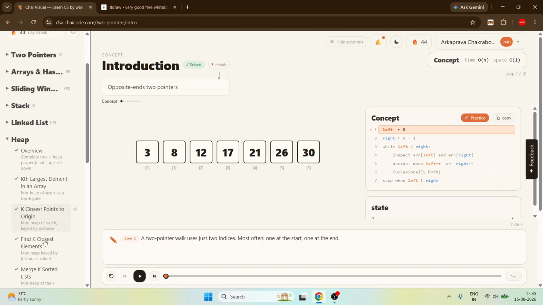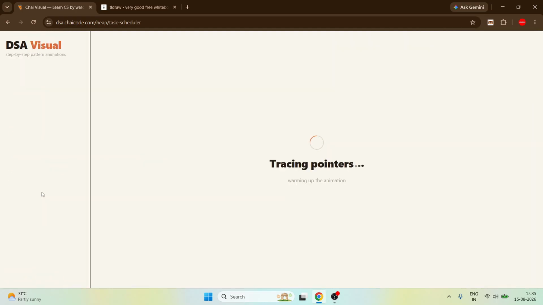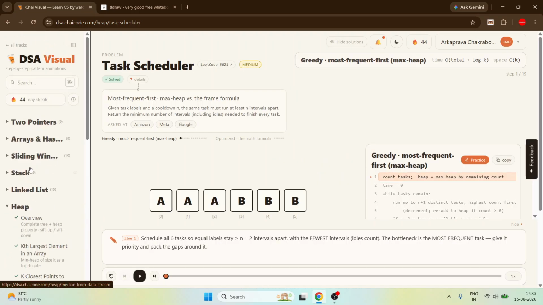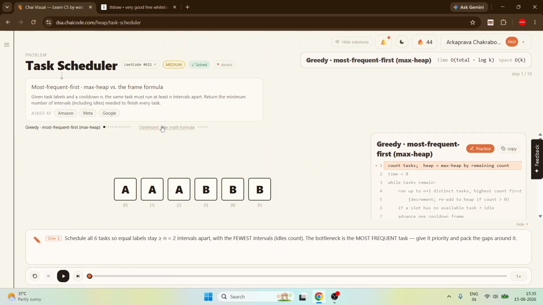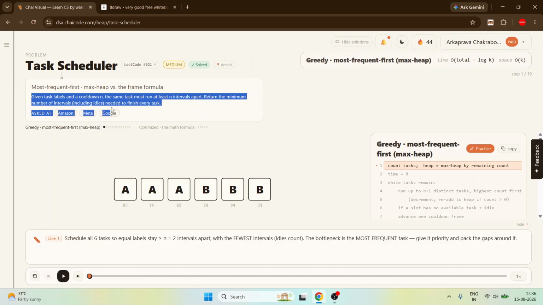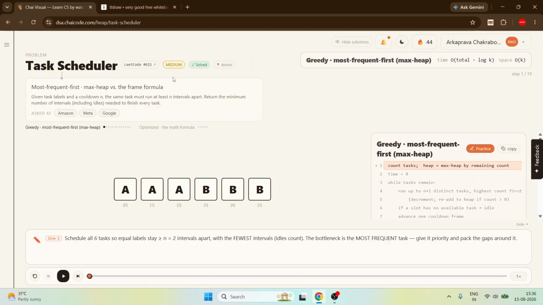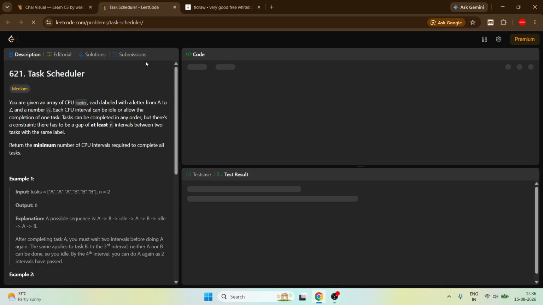Let's go to our question, and today is the last question of heap. I will only quote; let's see the optimal one actually. Given a task label and a cooldown n, the same task must run at least n intervals apart. Return the minimum number of intervals needed to finish every task. Okay, so if you go to the question,